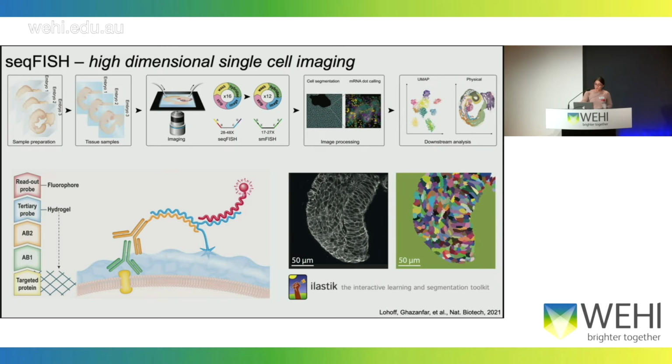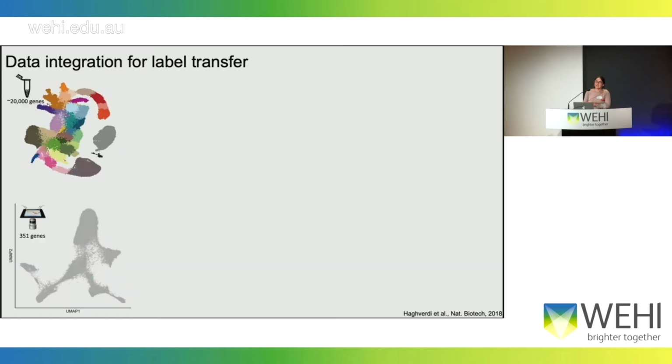So on to the questions about data analysis. We had a single-cell RNA-seq reference atlas that we could use. A key question we had was, we'd like to use all of this curated information to be able to accurately identify the cell types that we see in our spatially resolved data set.